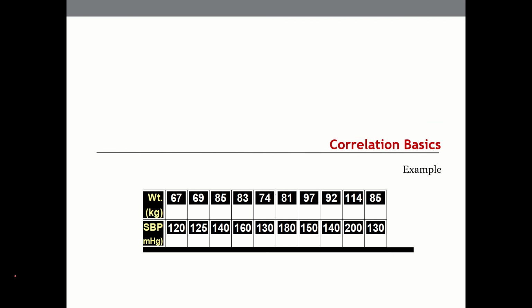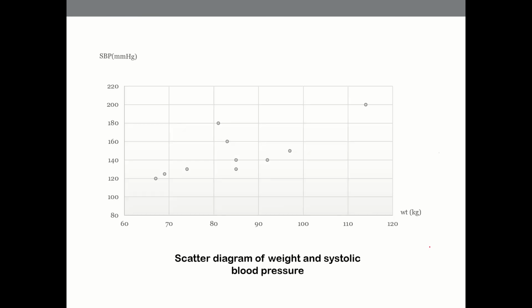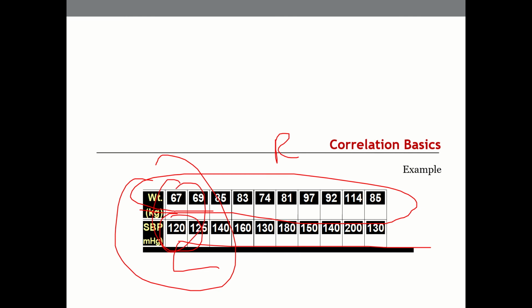Okay, for example, I have taken this from the book. They have measured weight and relative sugar levels in the blood. Is there a relationship between weight and the sugar level or the pressure level in the blood? If these are the two variables, any variable we can put. For example, we can put age and assessment marks that we have got for a subject. Is there a relationship between age and marks? Or is there a relationship between number of hours studied versus marks?